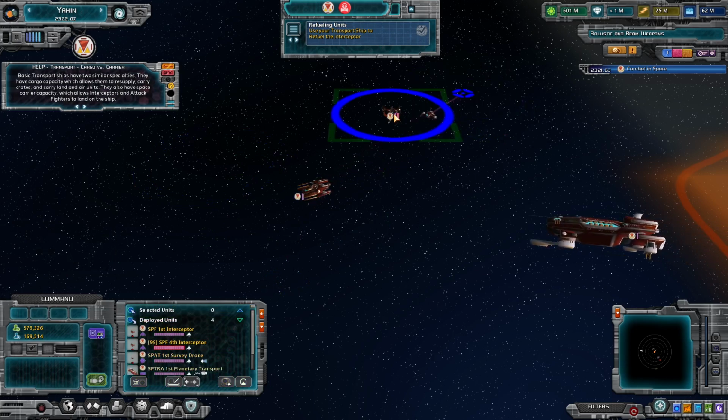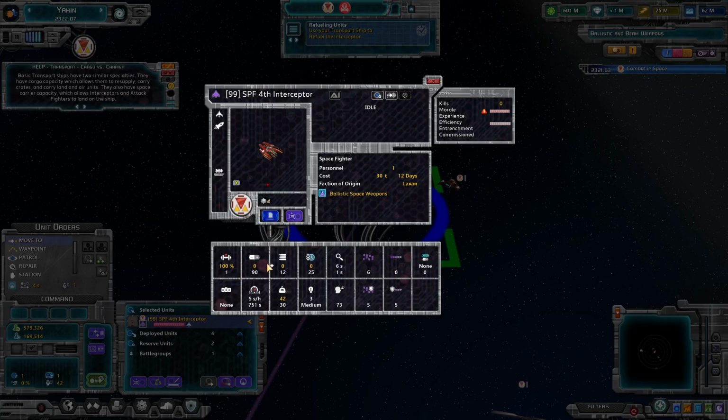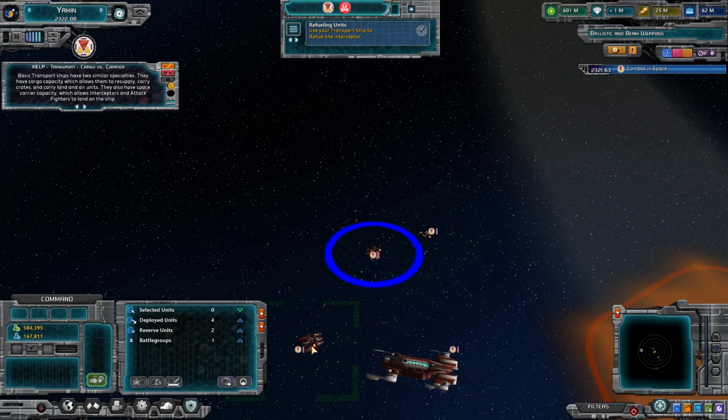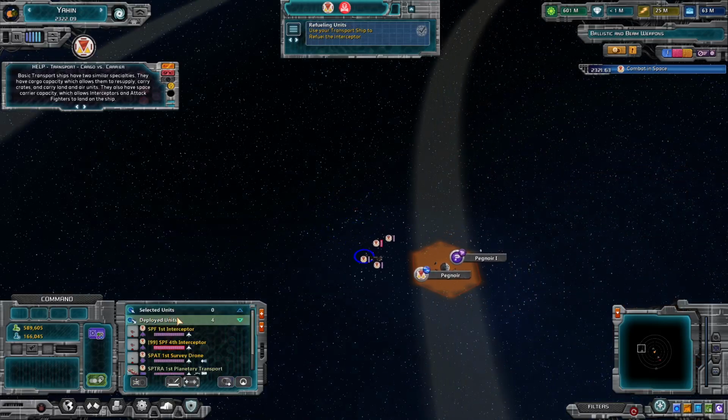Oh, I guess I'm supposed to refuel this guy. You can see here he has 0 energy out of 90. You know that he's in trouble because he's got that red border around his health bar. This guy doesn't have that. He's at full strength. Now, if I move him around...